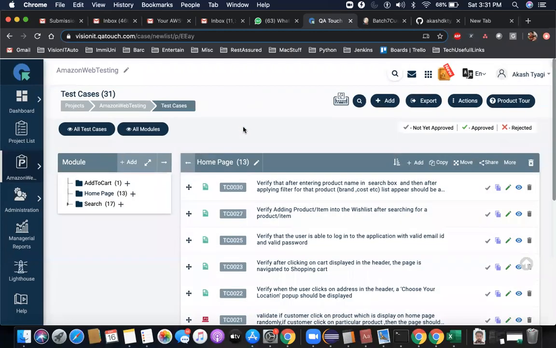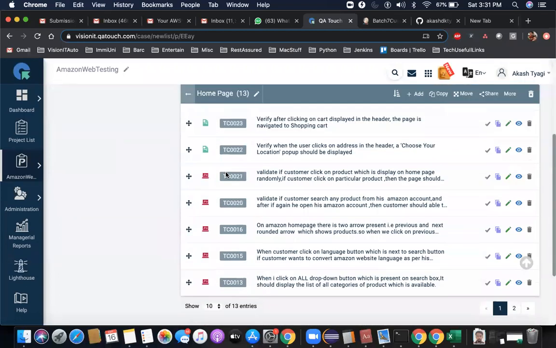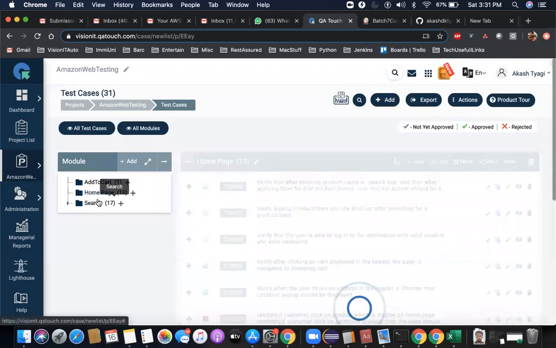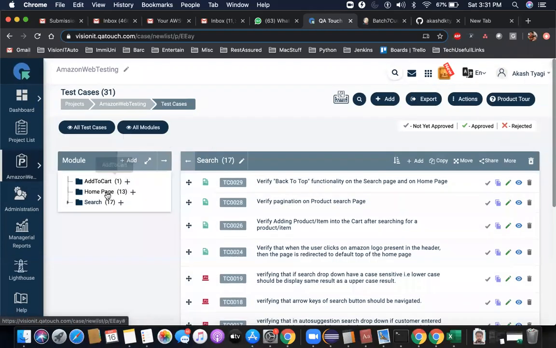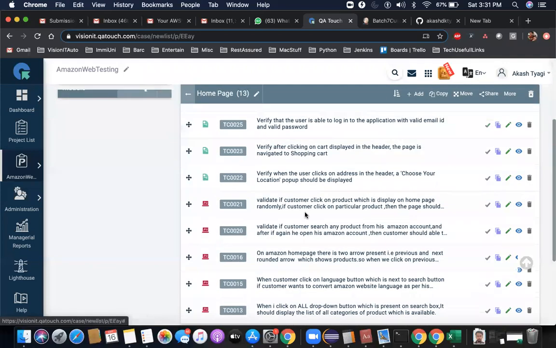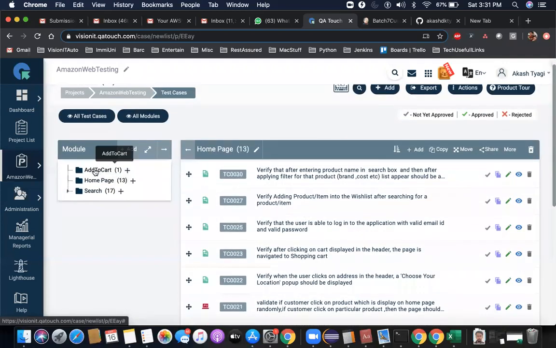Okay, so I automated test case number 4, which is present inside search. Where is it? Let me see. Home page. Let me click all test cases.